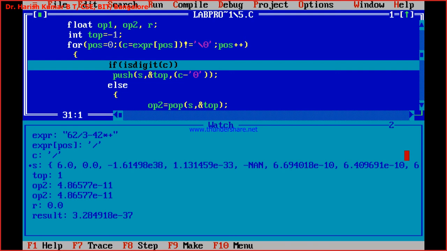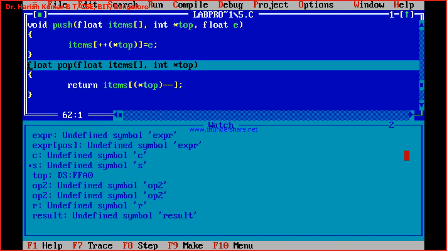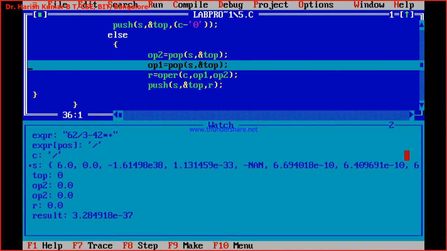One second, let me check. Next is not a digit. You're popping to OP2, so it will get 0.0. Okay, OP2 is 0.0 and OP1 I have not added. Instead of OP1 I have added OP2 itself 2 times. Okay,